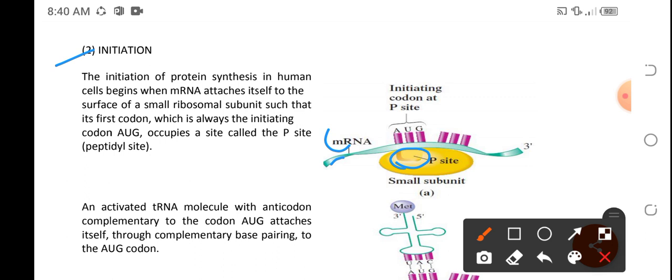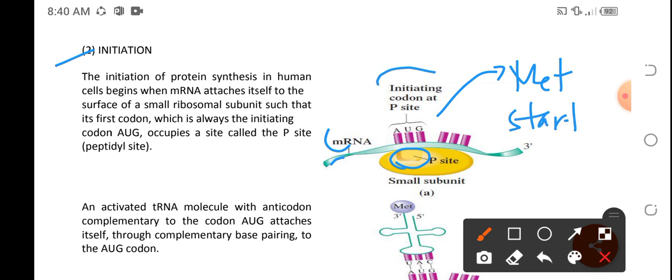We know from our genetic code table that AUG codes for not only methionine, but it is also our start codon or initiation codon. So once it is detected in the small subunit, specifically at the P site, the AUG will initiate, and protein synthesis will start. The P site is known as the peptidyl site. So let's repeat: initiation happens when the P site in the small subunit detects the AUG codon,